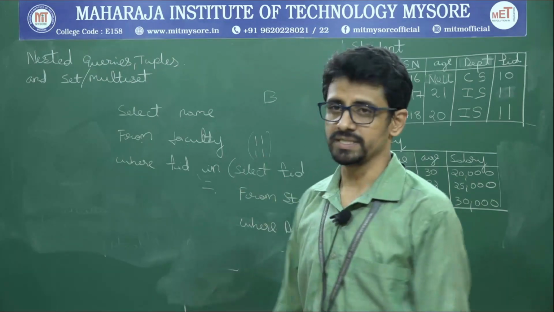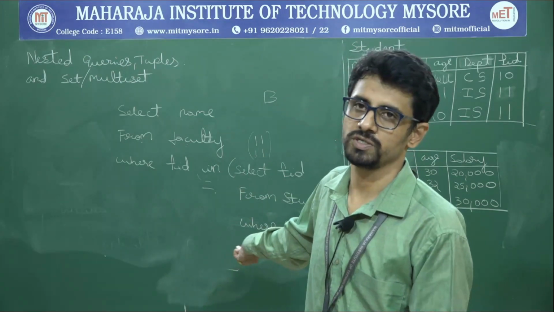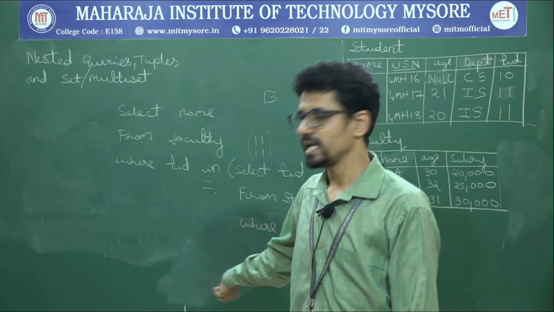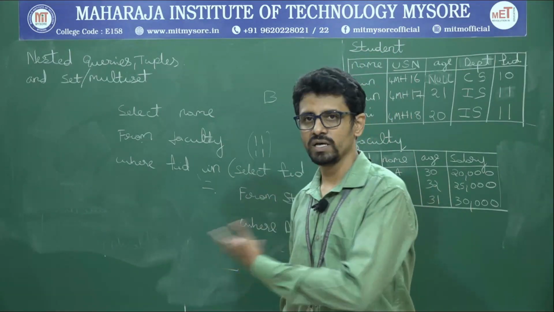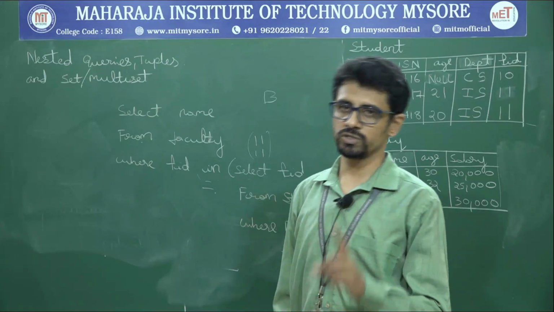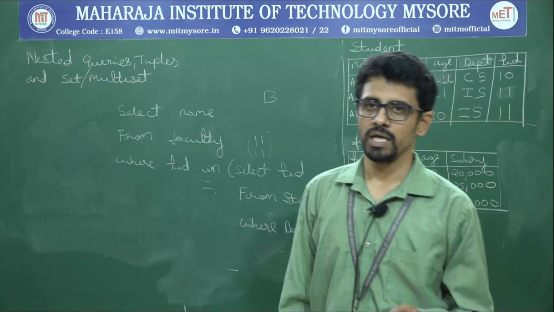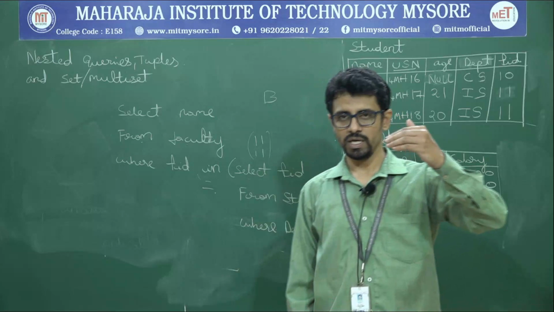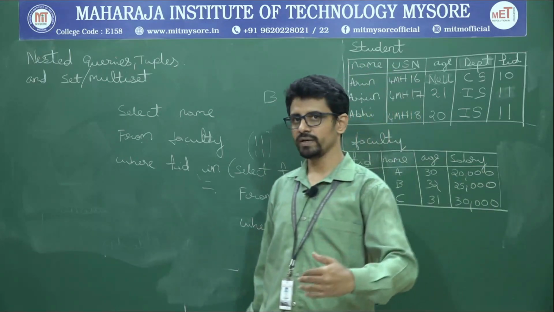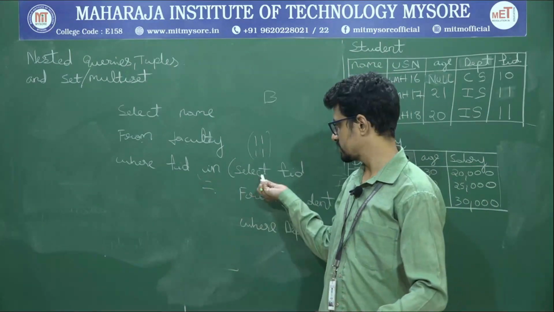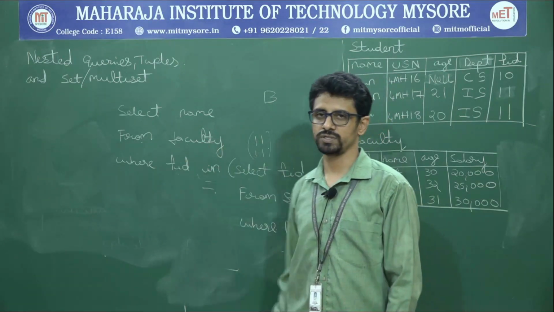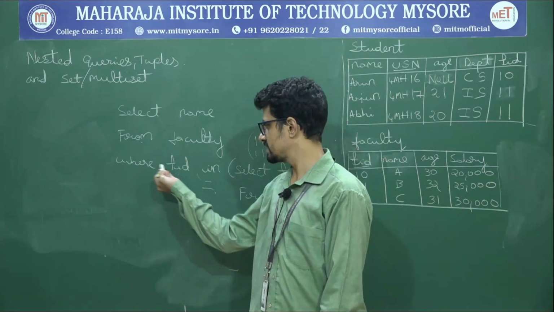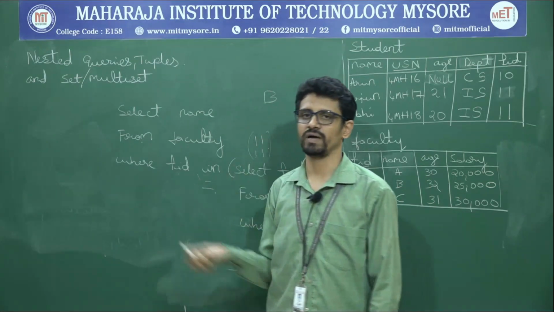Say for example, FID is integer, here also FID is integer. And the values I am going to give for FID are the numbers 10, 11 and 12. FID is also having 10, 11 and 12. So they both should be type compatible. Only then can you use it in the where condition of the outer query and the select condition of the inner query, because the output is given as a condition to this condition. Where FID in, I am checking some values there.